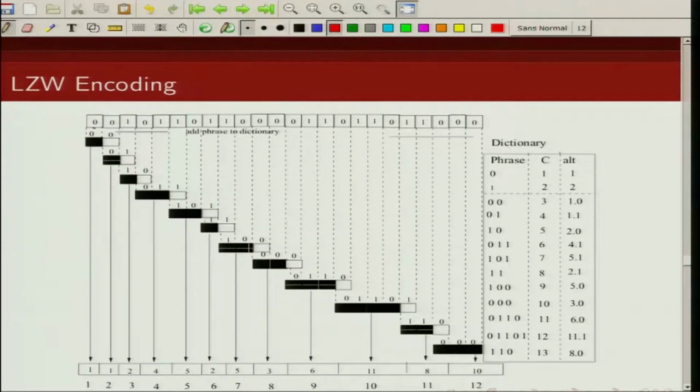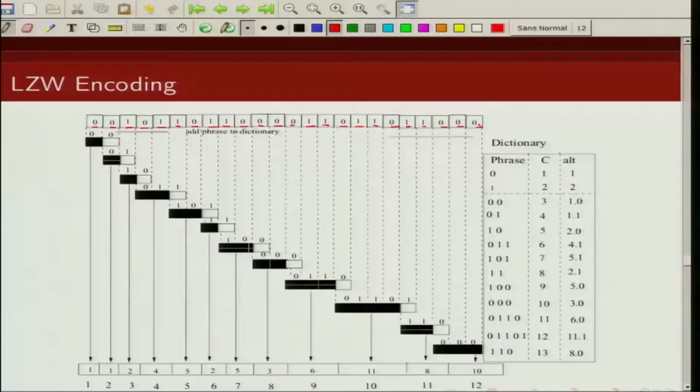So this is the sequence that we want to encode. It is 0 0 1 0 1 1 0 1 1 0 0 0 0 1 1 0 1 1 0 1 1 0 0 0. This is the sequence that we want to encode using